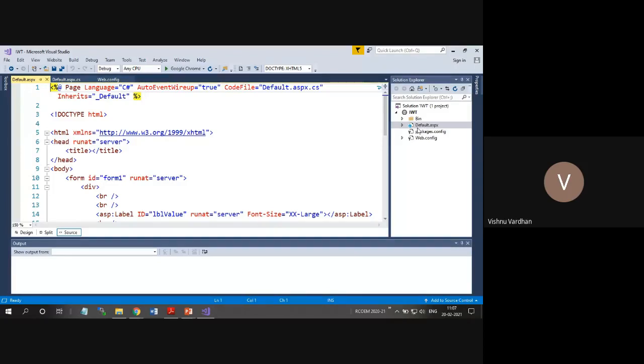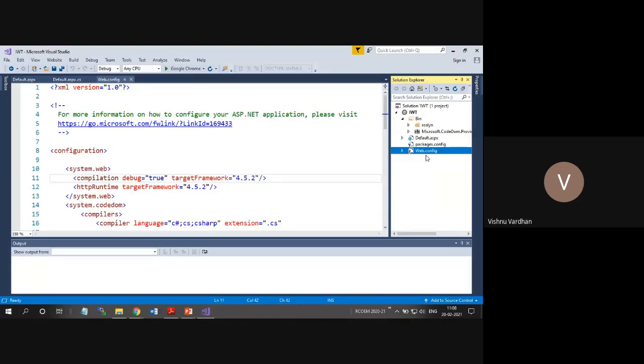But what it has created is, first one is bin. The bin is automatically created whenever any new application is created by you. And the second most important thing is web.config. You can see this, we did not create this. It has been created by ASP.NET for any new project.